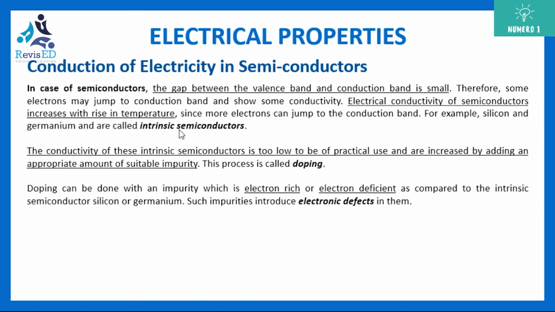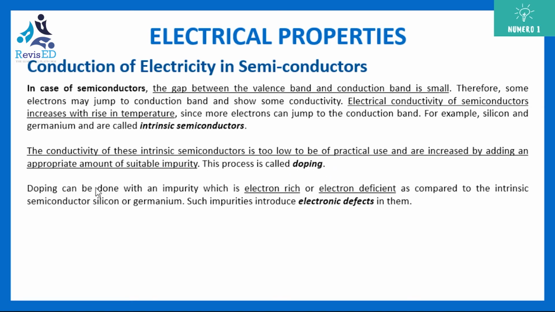So that group is your semiconductors group. Sometimes what we do is add some dopant into it. Now, dopant is an impurity. In order to increase the conductivity of the intrinsic semiconductor, we add a suitable impurity. This process of adding an impurity is called doping. The substance that you add, or the impurity that you add, is known as dopant.